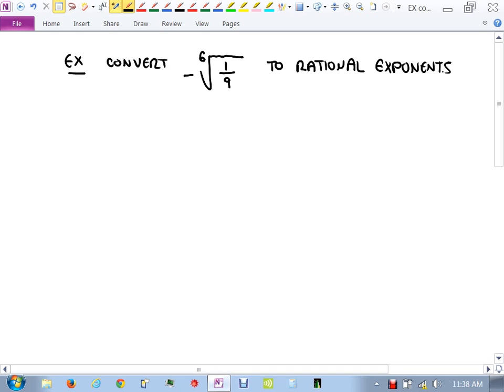So I'm trying to confuse you by throwing more junk in there, like that negative in front, and I put a fraction inside just to kind of mess you up. But at the end of it all,